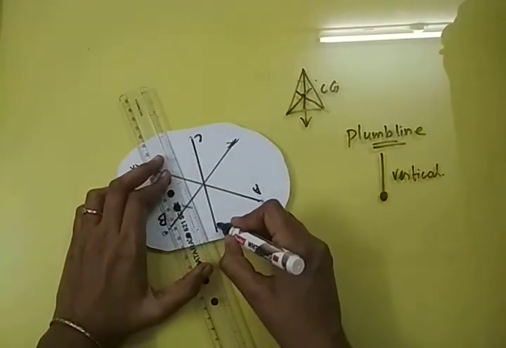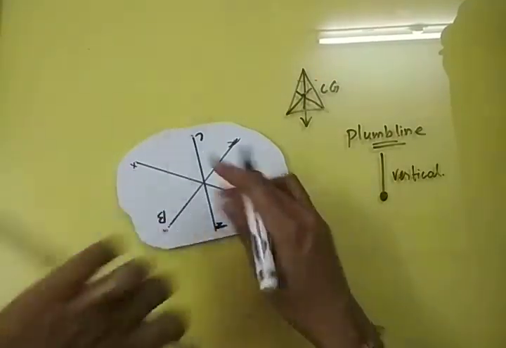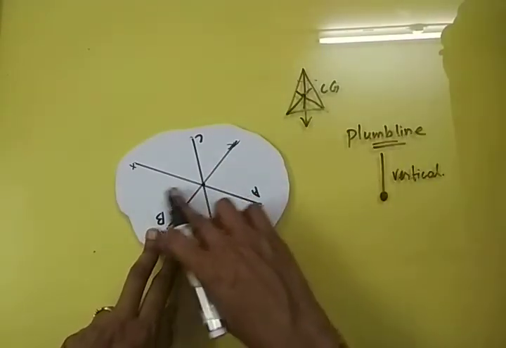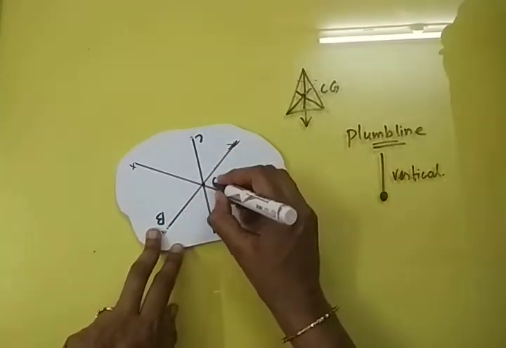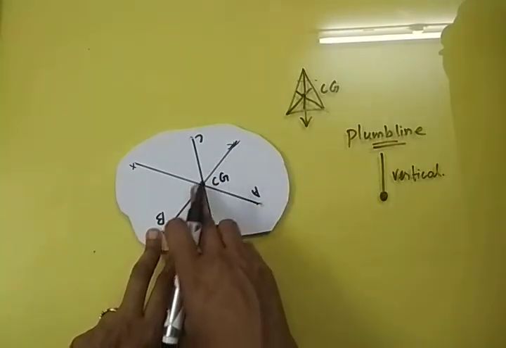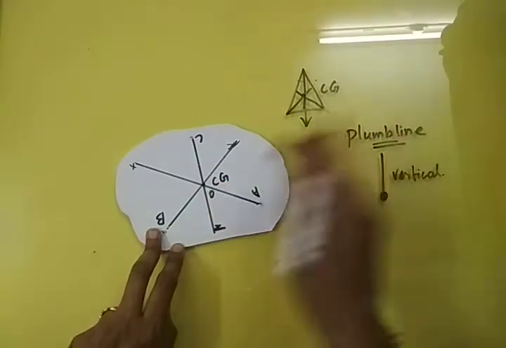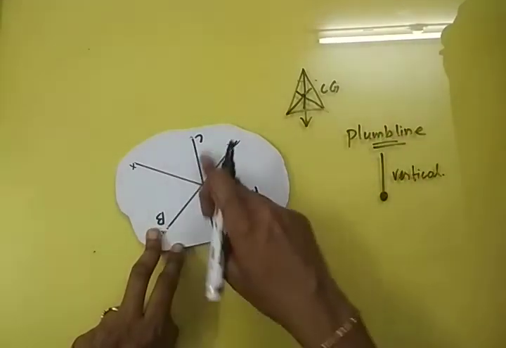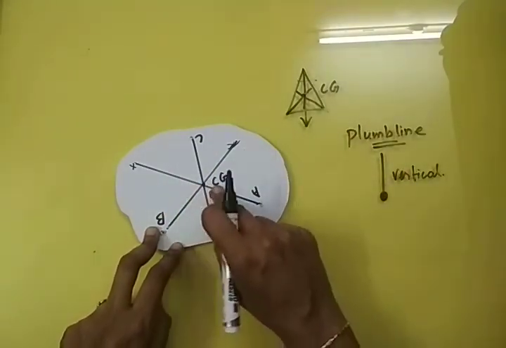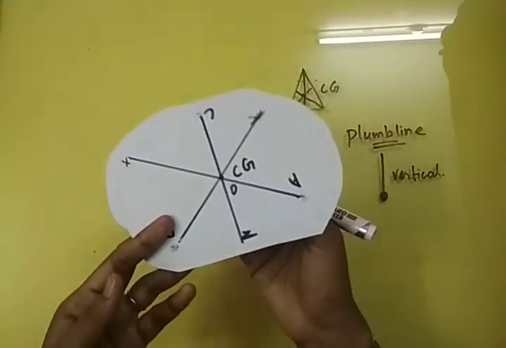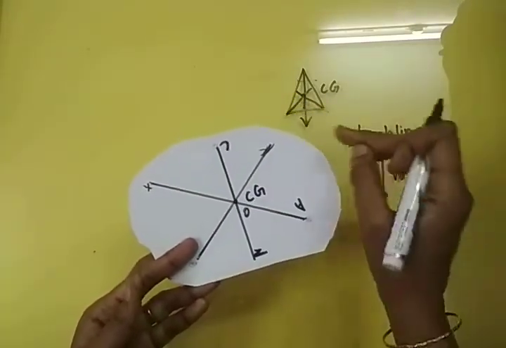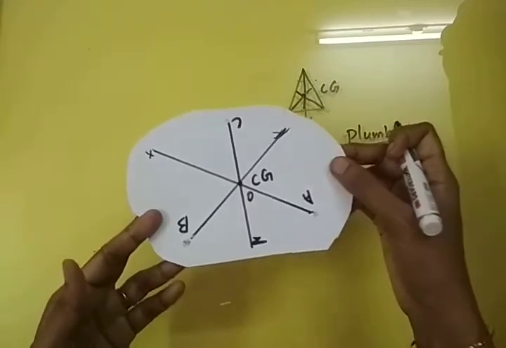Right? That's it. So we have got a point of intersection of all these three lines. This is where the center of gravity acts. This is the point through which the weight of the body acts. Let us label this as O, right? This is the intersection of these three lines, AX, BY and CZ. If you balance or suspend this card at this point, you will be able to hold it horizontal.